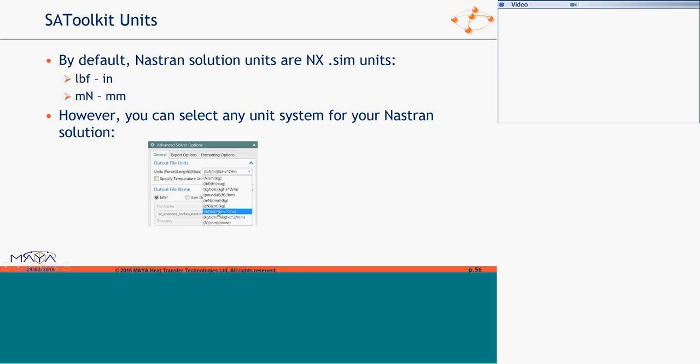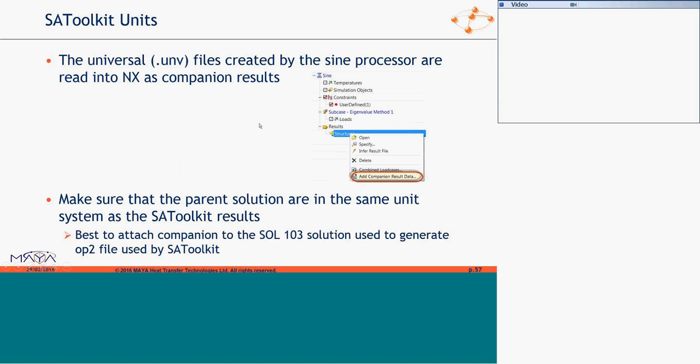So for the solution, you can export your file in any unit system you pick. Now the files from the SA toolkit include companion results, and those are in the solution units, and you're all set.